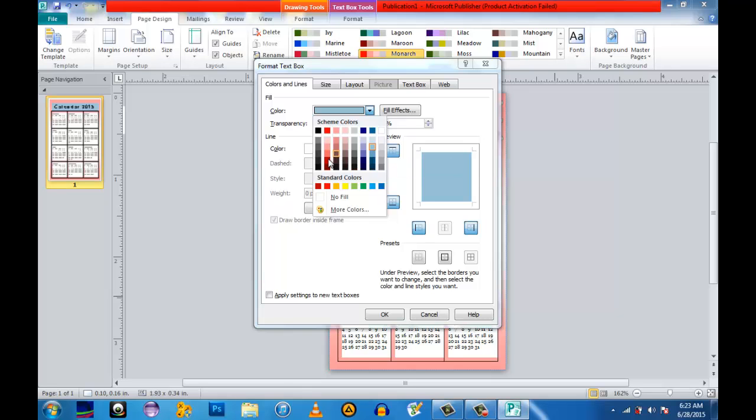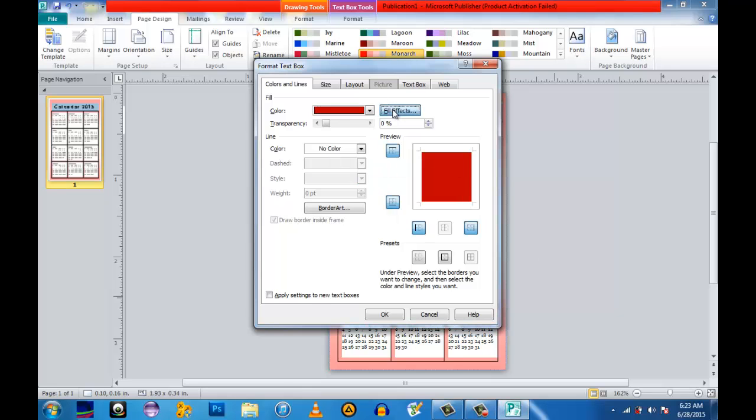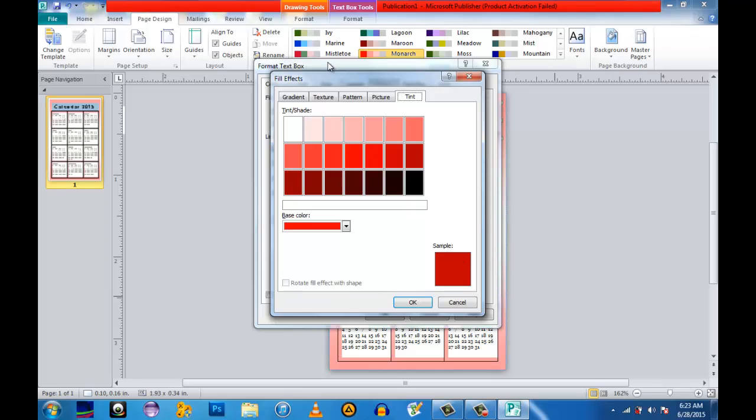You can set the background color and have the effects.